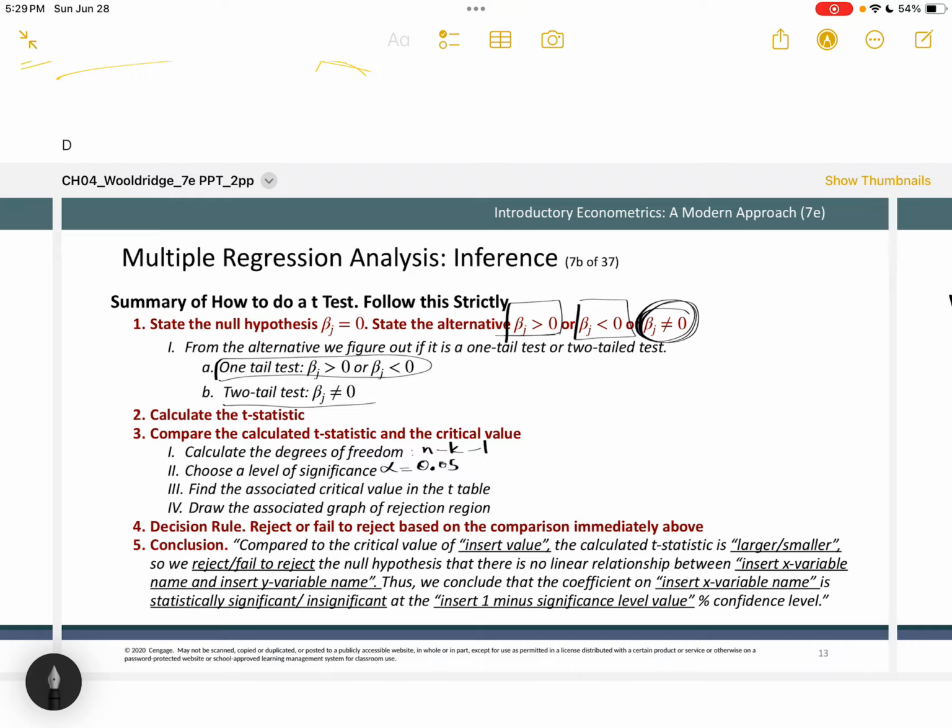Very interesting, isn't it? So how do you find the critical value? There are two ingredients that you're going to need. One, you will need the degrees of freedom, n minus k minus 1, and you'll need the level of significance, the error allowance we are imposing upon ourselves, which is 5%. Now, for those of you who are just joining us from the YouTube streets and are wondering what in the world is degrees of freedom, n minus k minus 1,